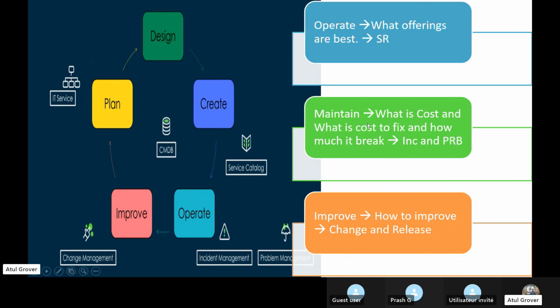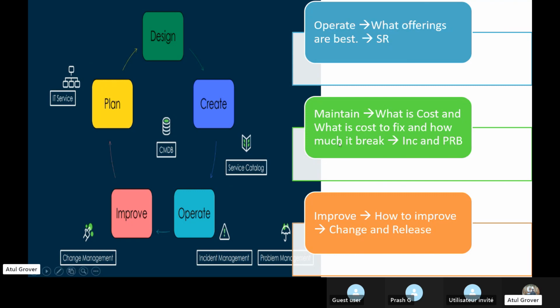Now, maintenance. It's the biggest part. If you ask a lot of people, they say I started my IT journey as a support guy, as a maintenance guy. What does this mean? That we work on incidents and problems. Something came, we have to fix it. If it is coming again, we have to find the root cause.